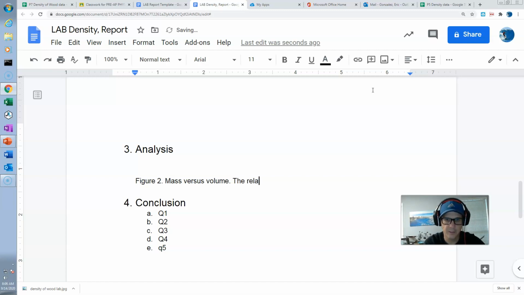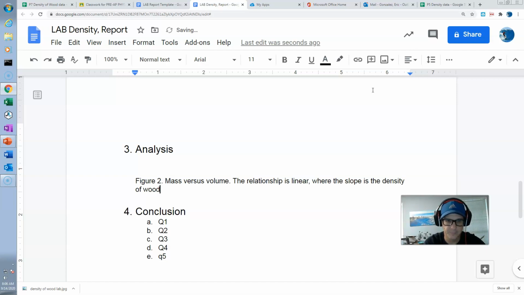The relationship is linear, where the slope is the density of wood. And let's put the value in a second. Okay, center,